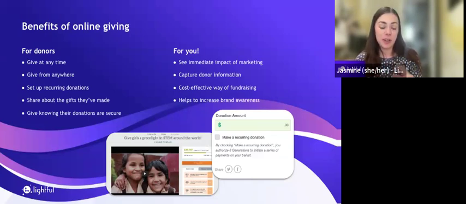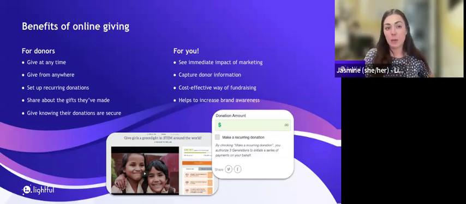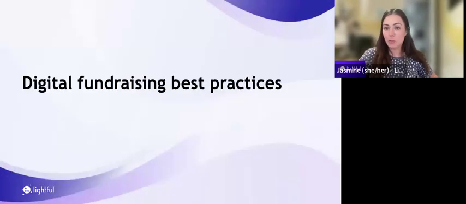So after you've reached new people and enabled someone to make their first donation, you can then create an automatic response where you can steward their gift, you can move the donor in a direction of your choosing, and you can really build a strong, long-lasting relationship with your donors and different types of supporters as well. So we're going to have a look now at some best practice for these different channels.